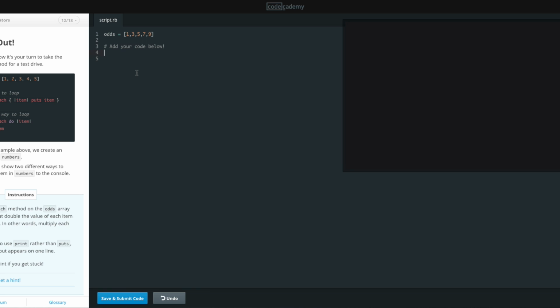Make sure to use print rather than puts, so your output appears on one line. Okay, so let's see here. We'll do the do and the end. So for odds dot each do pipe item pipe, next line we'll print, right? Yes, print item and then end to close the code. Oh, I forgot to